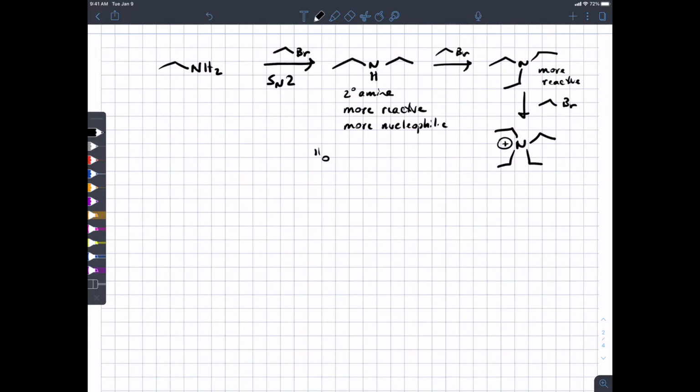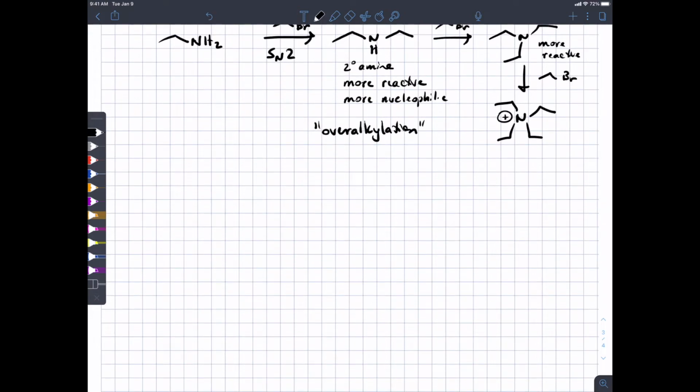This problem is called overalkylation. So this is not a really great way to make amines. If you want to do it in a controlled way, here's what you do. You first take the primary amine and you react it with some catalytic acid and an aldehyde that has the right number of carbons. When you do that, you will make the imine,